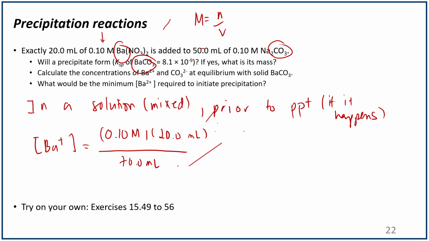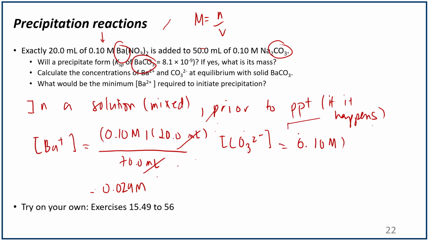I don't need to convert because those will just cancel out. I'm going to get 0.029 molar. And then the concentration of carbonate should be 0.10 molar times 50.0 ml divided by the total volume, which is 70.0 ml, and that should give you